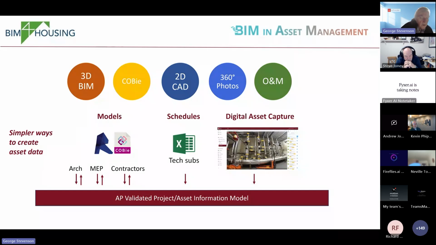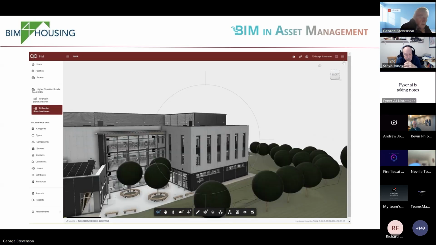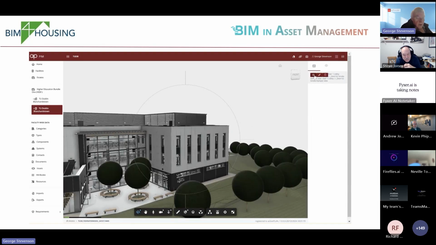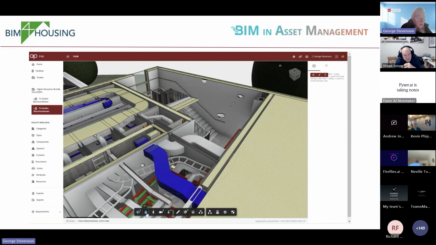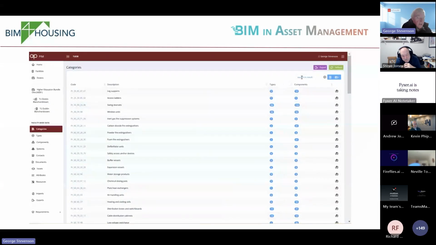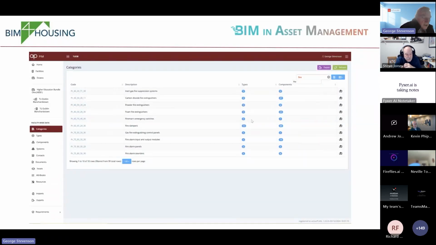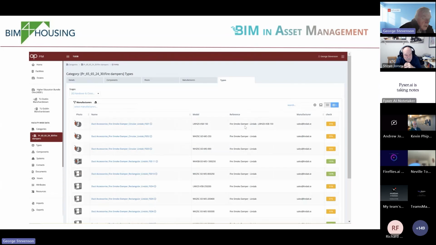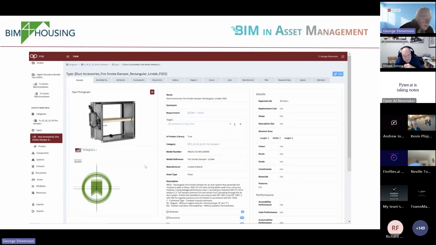And where, for example, information doesn't get modeled, asset information in particular, that can be picked up through 360 photography, which again, we're going to be talking about later. But this is an example of a really strong solution that's been put together by JJ Rattigans and the client, which is the education service, and Sodexo, the asset managers. So what we've got here are, for example, finding fire dampers, being able then to tie this back to